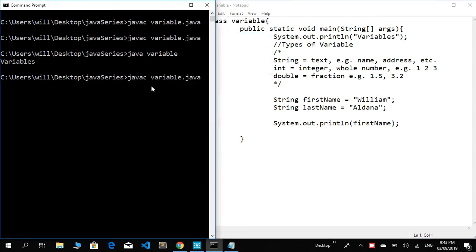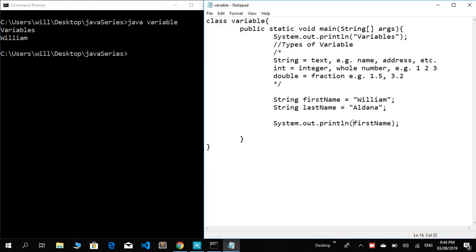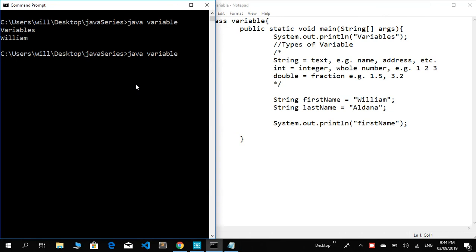So again, let's compile the Java program. We should have an error. Earlier I don't know what happened. Okay, so first name. But if we put double quotes around the word first name, we're not going to have the same result,